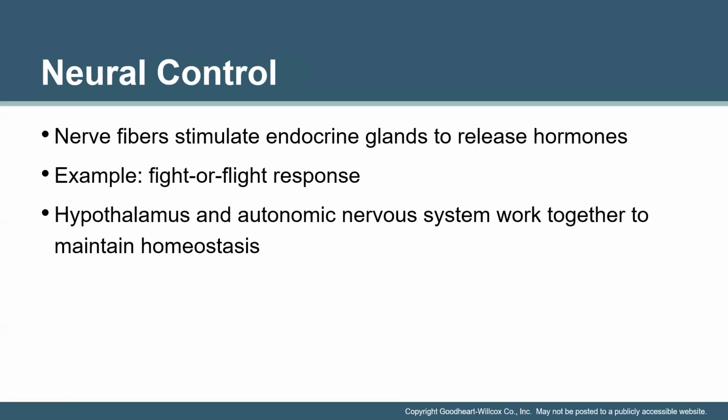When we have our fight or flight response, just a reminder of how this works within the nervous system, okay? This is the sympathetic nervous system. So that's your fight or flight portion of your autonomic